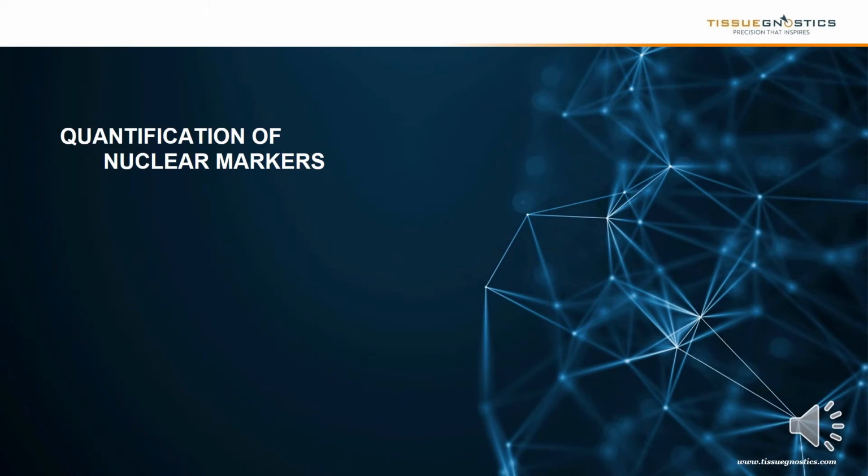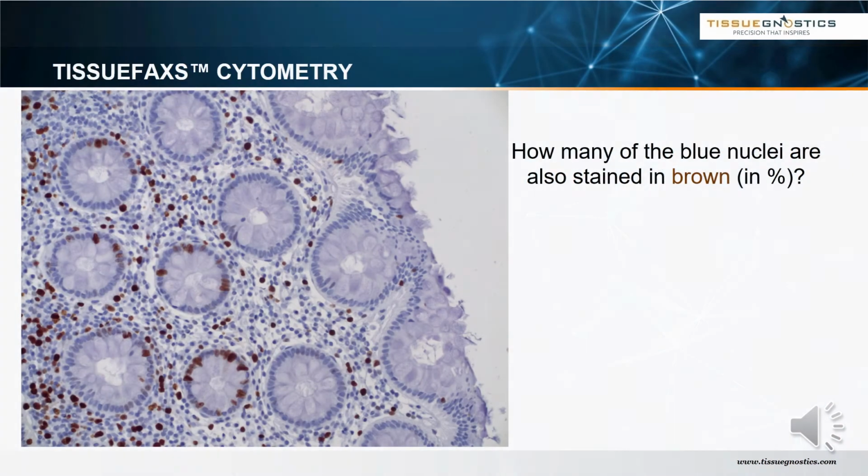We have now seen that TissueGnostics offers microscope-based scanning systems for transmission microscopy, wide field fluorescence, spinning disk confocal, and multispectral imaging. But the most important part about TissueGnostics is our image cytometry software. Let us start with a classical example most of you will be familiar with: immunohistochemistry, IHC. We see here a colon section stained with the peroxidase DAB system.